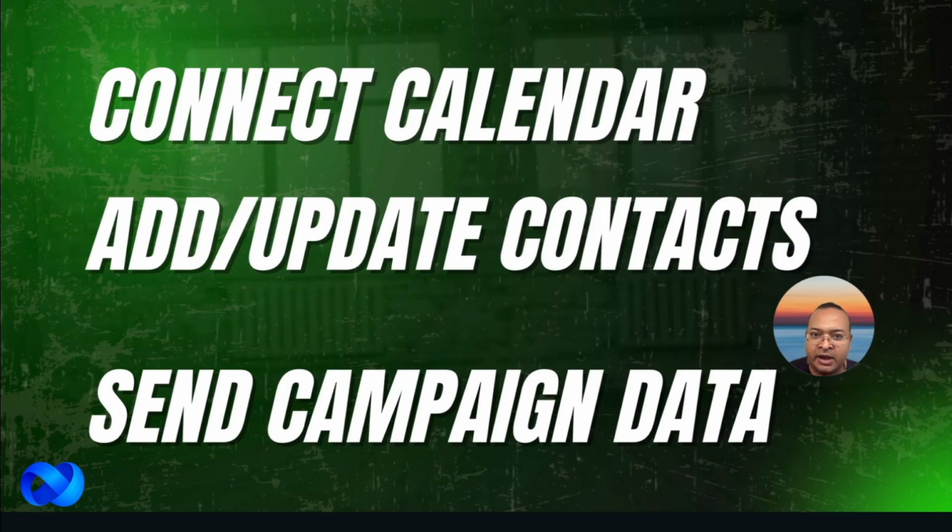So what we've covered today on this call is how to connect your GHL calendar. You do that inside, taking an example of VAPI, you would connect your calendar inside your VAPI account. Then how to add contacts from your GHL account to, let's say, an outbound campaign using VoiceAIWrapper. You do that using a workflow automation that you create inside GHL. And then how you can send incoming new caller information for inbound agents from VoiceAIWrapper to your GHL account, again